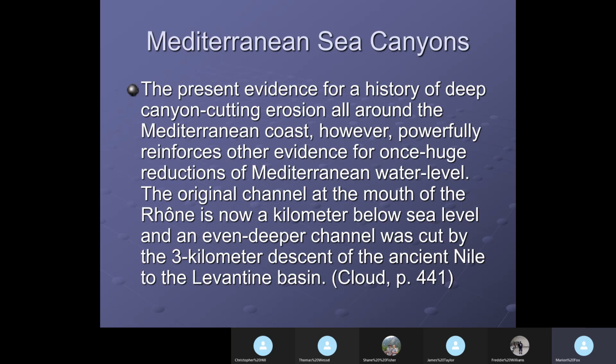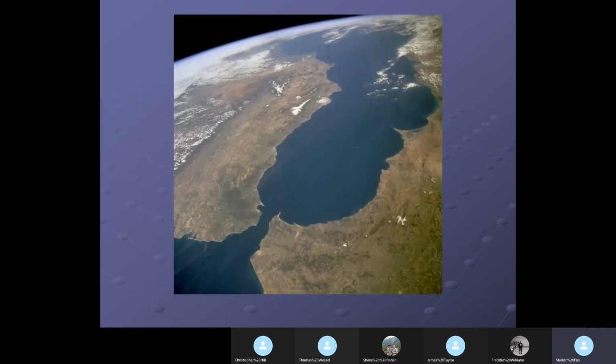Now, we're going to go into the Mediterranean Sea and put some more evidence of this. The original channel at the mouth of the Rhone is now a kilometer below sea level, and an even deeper channel was cut by a 3-kilometer descent from the ancient Nile, the Levantine Basin. So we have this channel cut for the Nile coming out of the Nile River and into the Levantine Basin. Here's, and I'll use my mouse, here's the Straits of Gibraltar here, and this is your Mediterranean